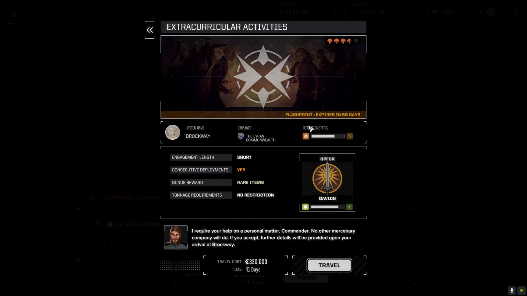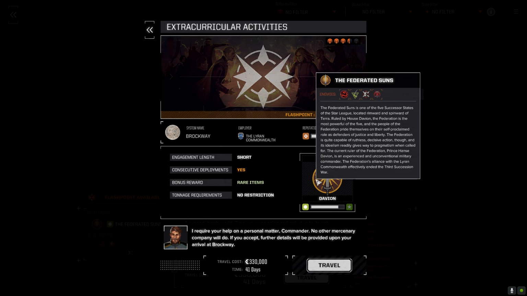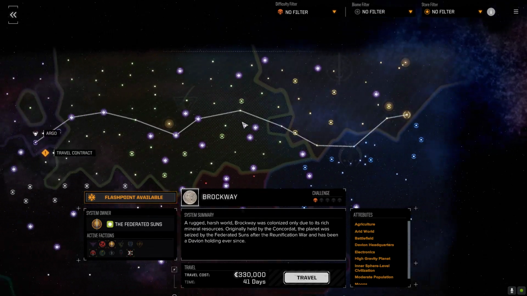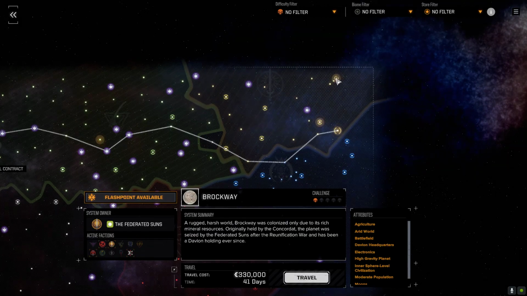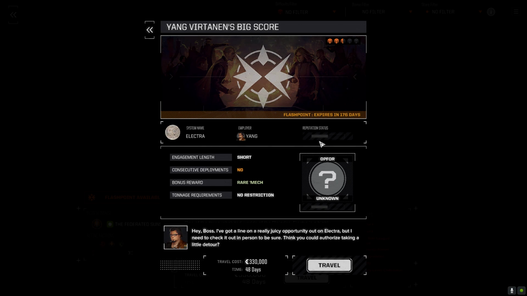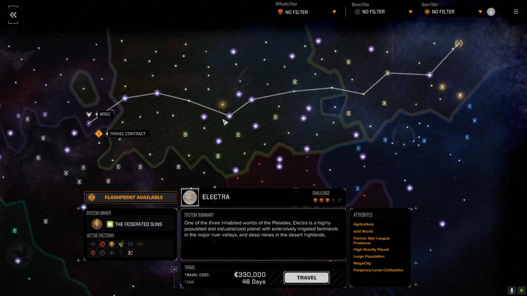And then we go here to this one, which is actually a good thing, that is for the Lyran Commonwealth, because they dislike us, and then we have to check that the decisions we make are in favor of the Lyran, so we get more reputation with them instead of the Federated Suns. So that's the thing. And after that we go on the long hunt for Draconis Combine. Oh yeah, and again against the Federated Suns. And then the young thing over here. Alright then, so